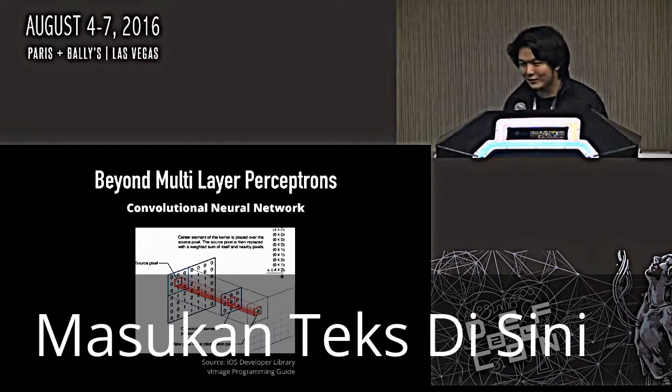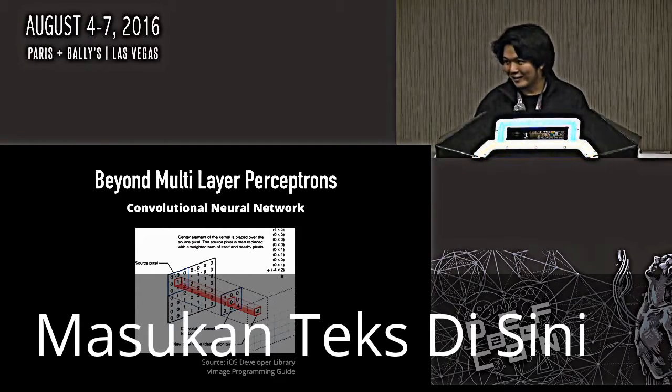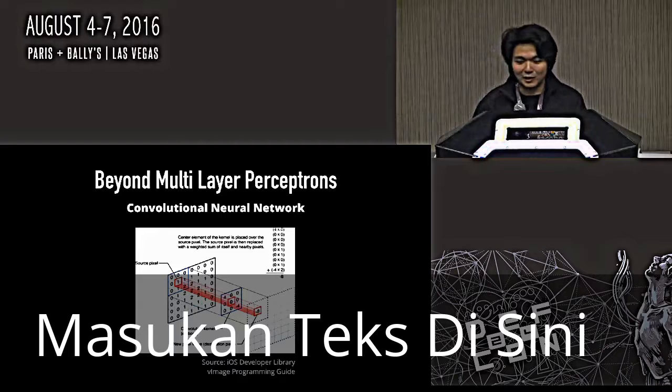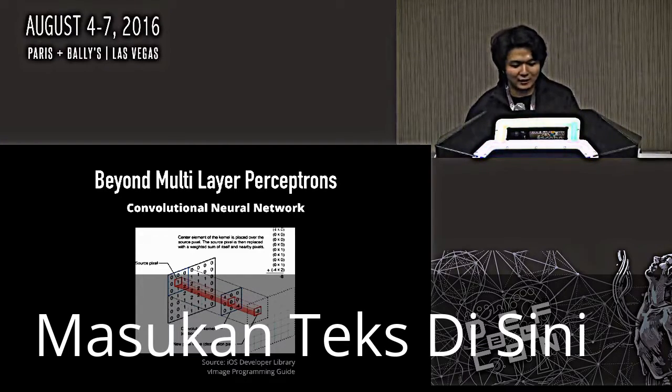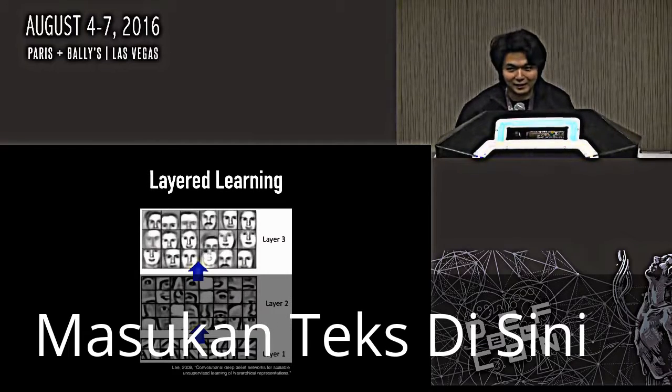So what are convolutions? If you remember your Fourier transform days from school or not, convolutions are just filters. If you apply a filter, a convolution, on a matrix, let's say in this case a 2D matrix, then you do a matrix multiplication and you end up with a single value for the convolution applied on the particular space that you're applying it on. And what this allows you to do is layered learning.